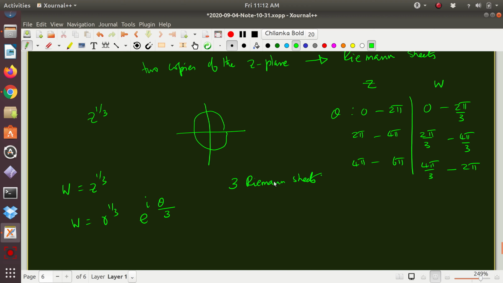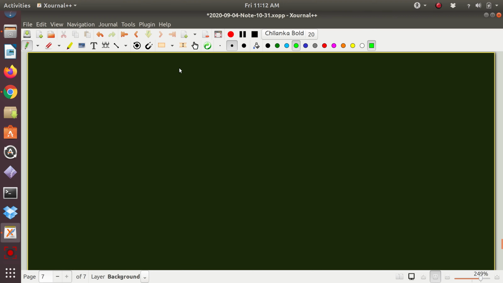This is a very peculiar feature of complex numbers that is not there in real numbers. Now, there are multiple values of w basically, right? That's all we are trying to say. How do we make w single valued?